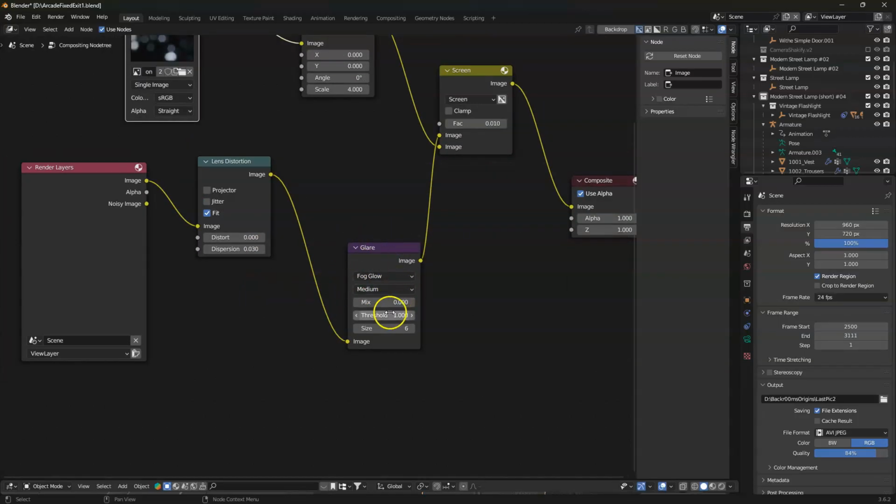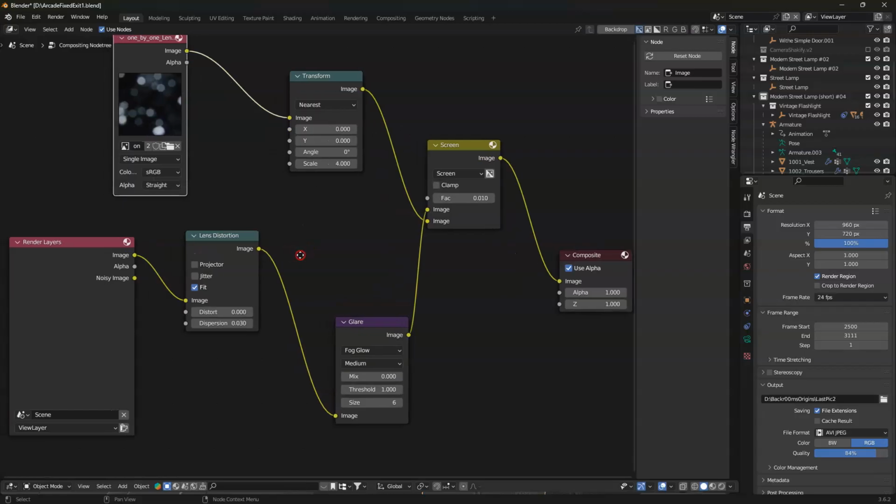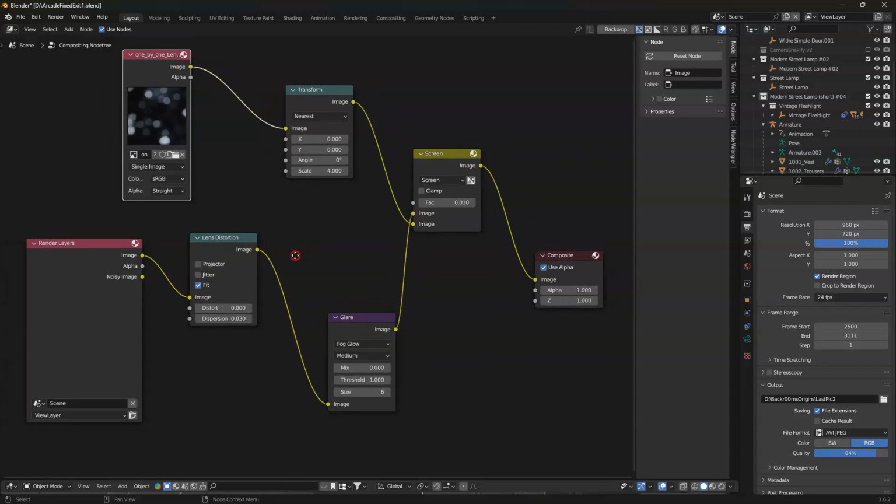And then I have a glare node right here as well. So I have all that connected, and I'll zoom in and pause here for a second, just to make sure you guys got that composite setting. Okay, and then right now I'll go into the setup of the actual map and the backgrounds and everything I use. And hopefully my computer doesn't crash, because I swear my renders are getting more and more complex every video,